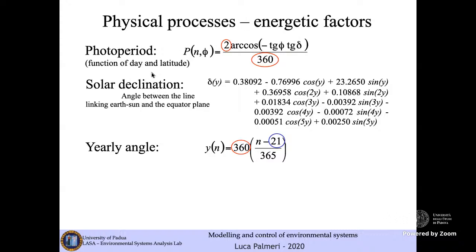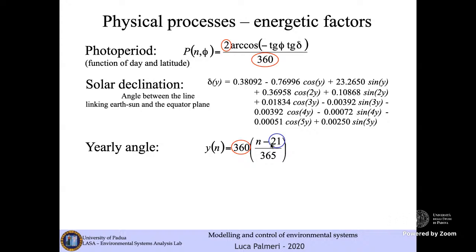And of course, solar declination depends on the period of the year, so it depends on the distance of the planet from the Sun. The yearly angle instead may be made dependent on the integer number describing the day of a year, in which we make a difference between